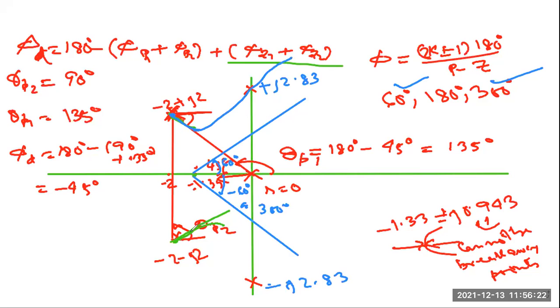Sir, the upper one will be minus, no sir? Lower one will be the plus. How? Have you forgotten that the upper axis is the plus axis? This is the imaginary axis. This is your sigma, the real axis. This side is plus, this side is minus, and this side is plus, this side is minus. This is always true in the imaginary plane.